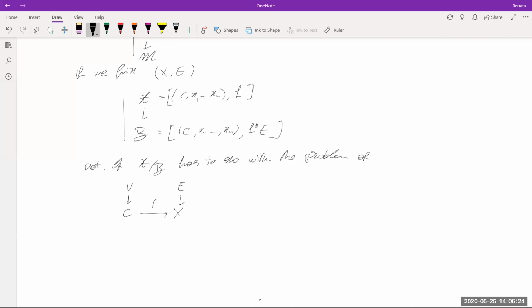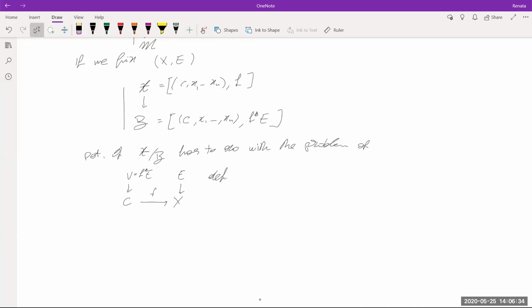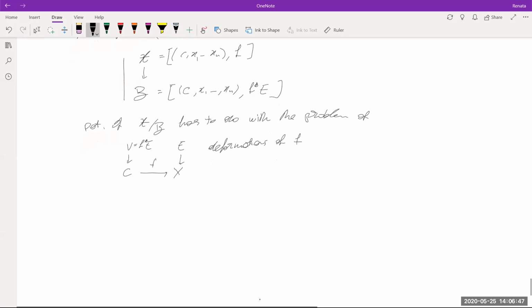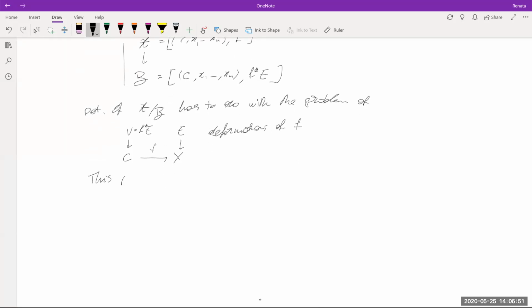Let's say that we have some morphism F from C to X such that V is the pullback of E. And the problem is the deformations of F that fix the pullback of the vector bundle E. And this problem is controlled by some vector bundle A_E, which sits in some extension, which is defined